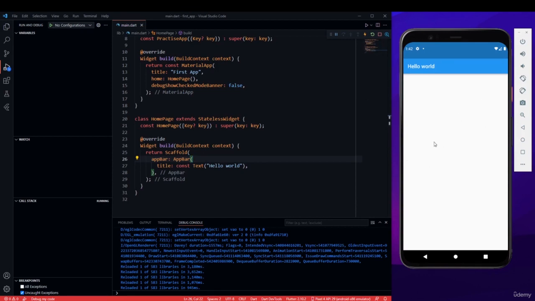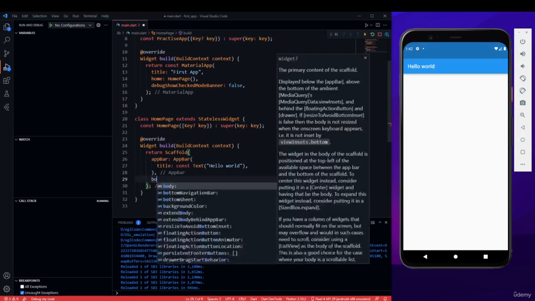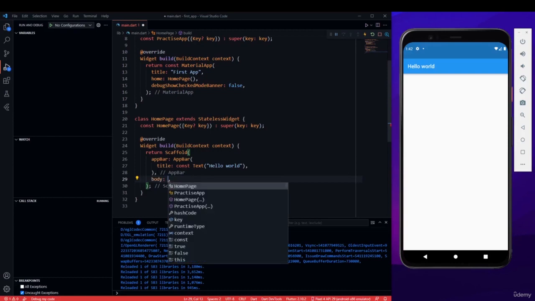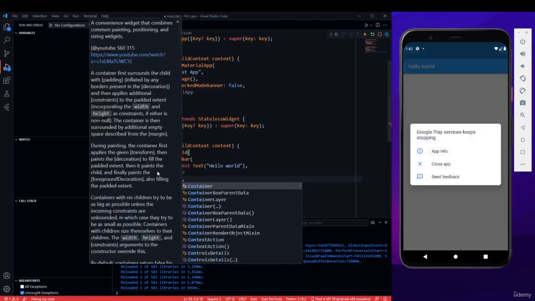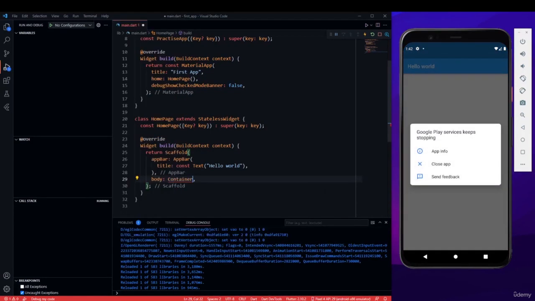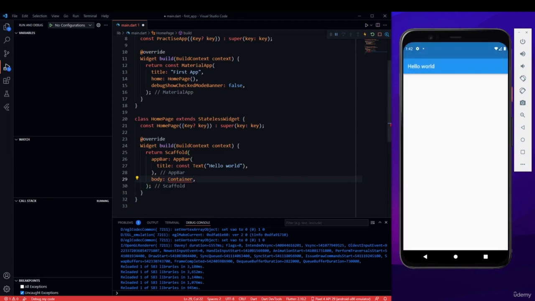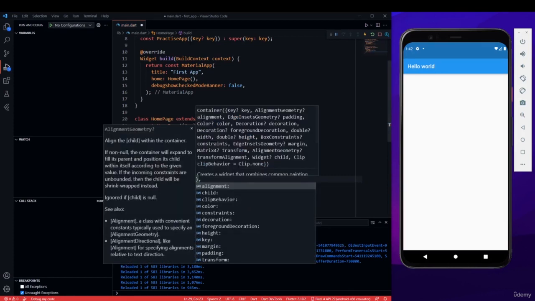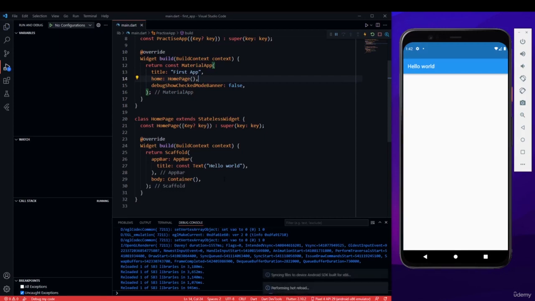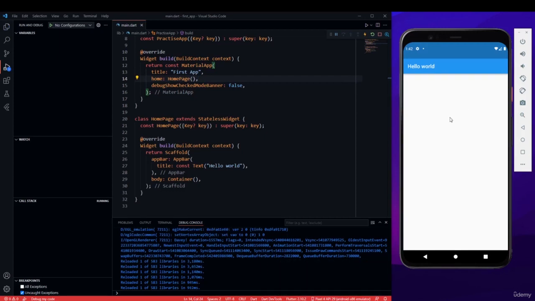In the body. So to do that, a property for the scaffold is available by the name body, and you can just use a container. Okay. So you remember that you always need to end it with open and close parenthesis. Parenthesis is this brackets, okay? And now save the file, Control S, and you can see that nothing really came here because our container is